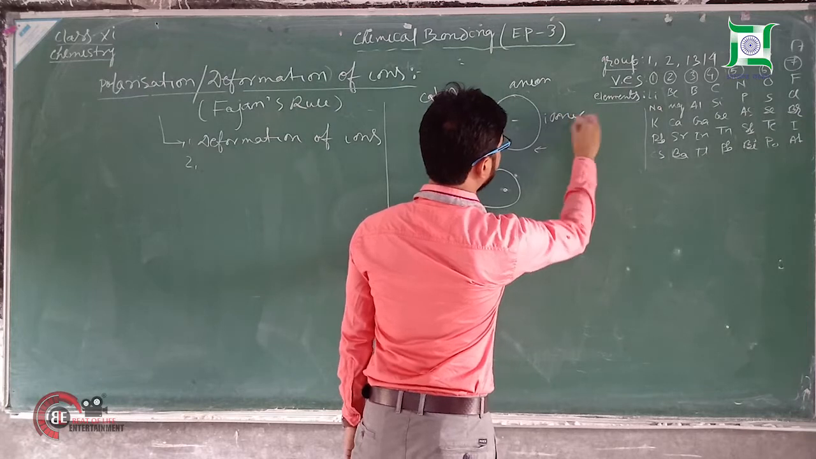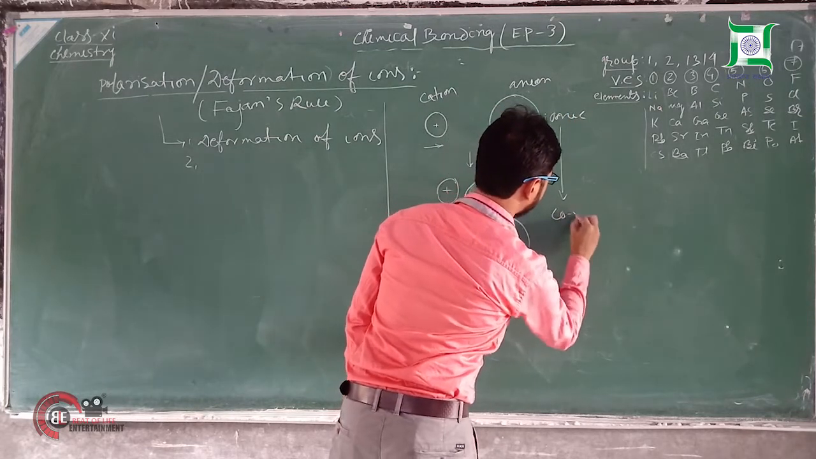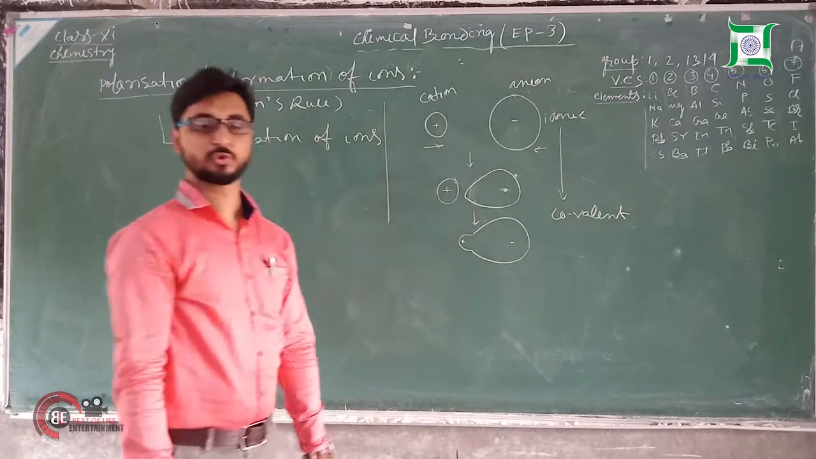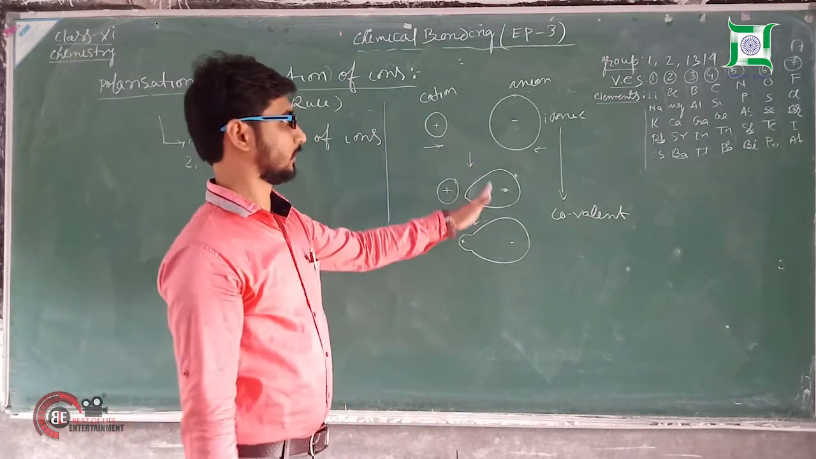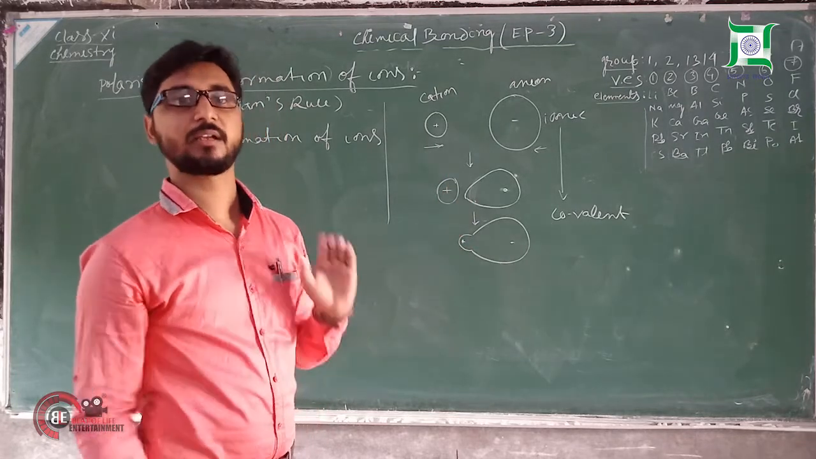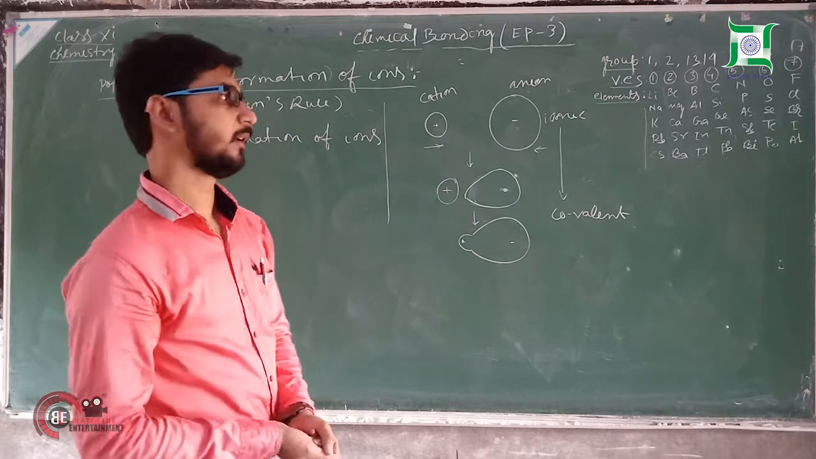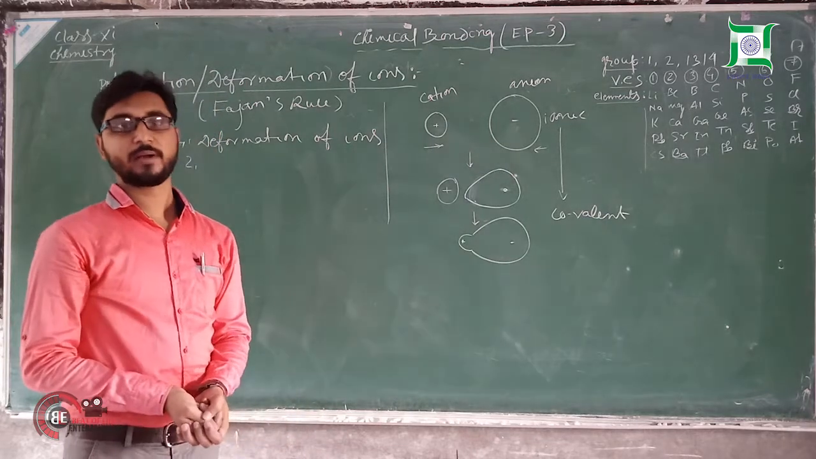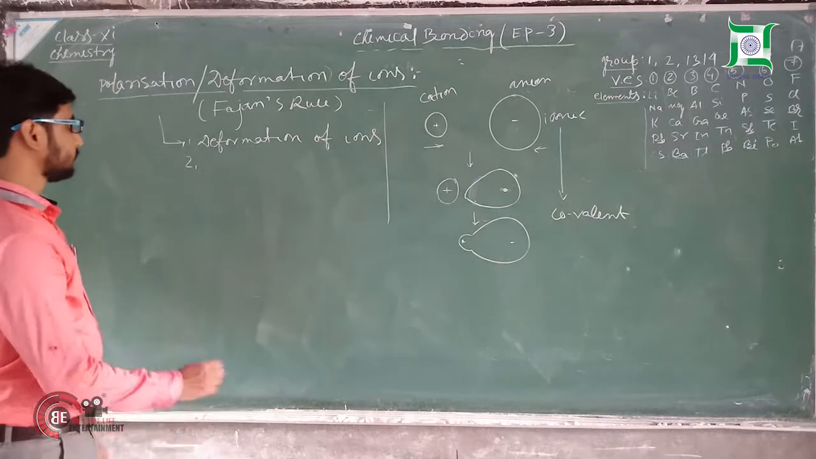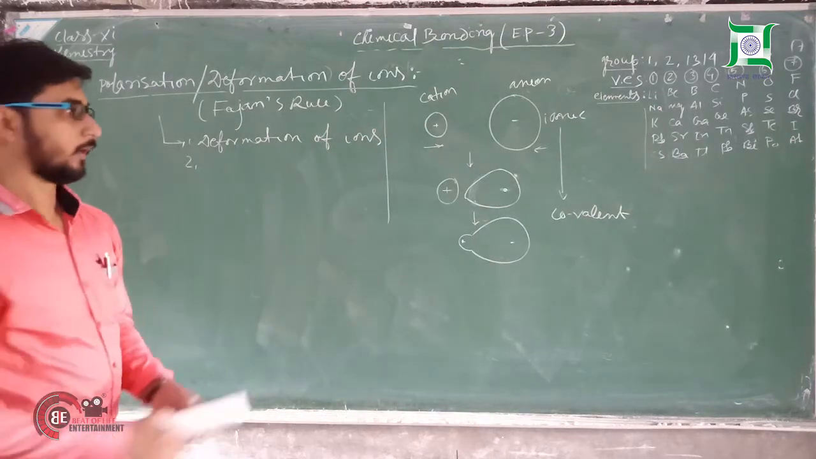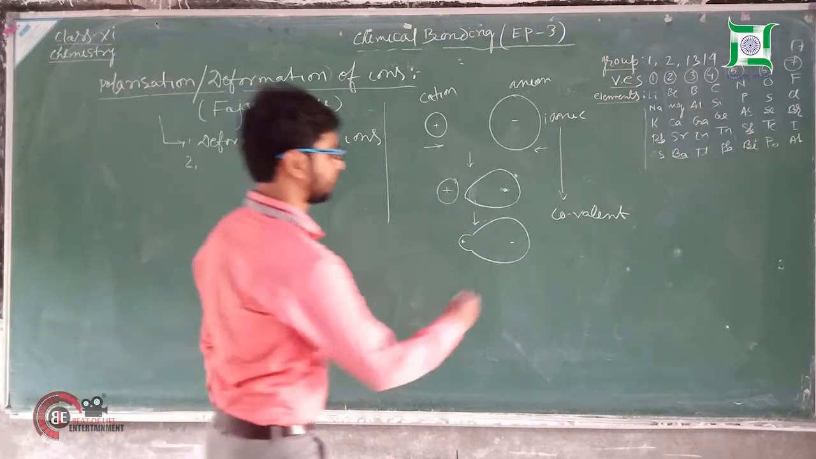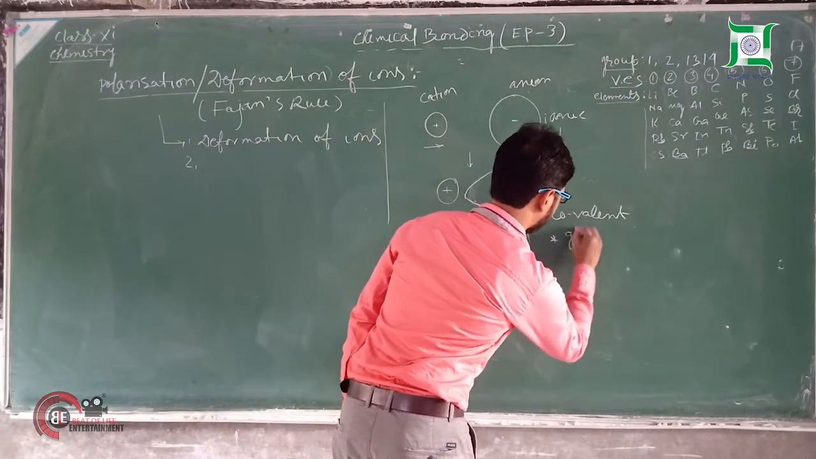ionic to covalent character is induced in a molecule. So from this concept we can see that greater the polarization, greater will be the covalent character in an ionic bond. Clear? So here we can get another important concept, that is, greater